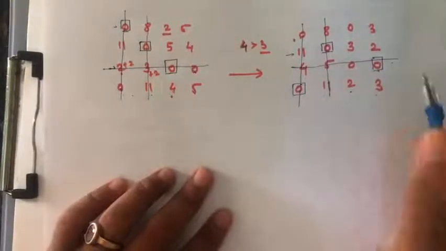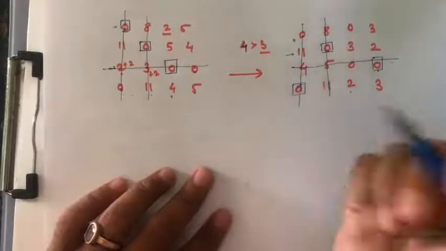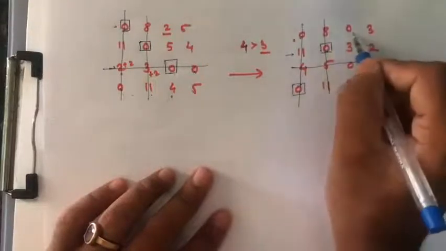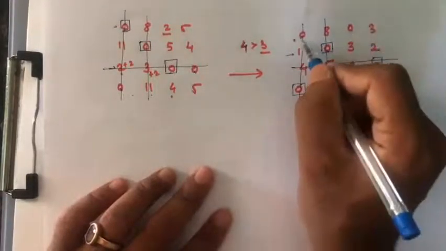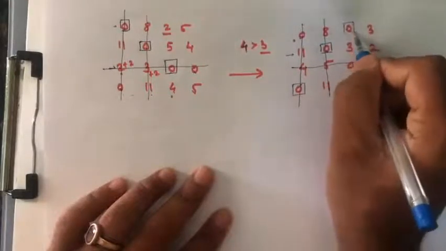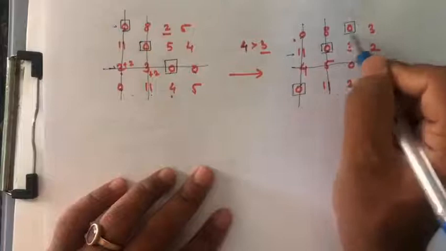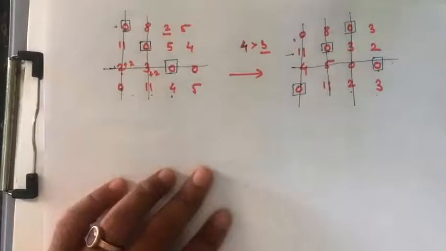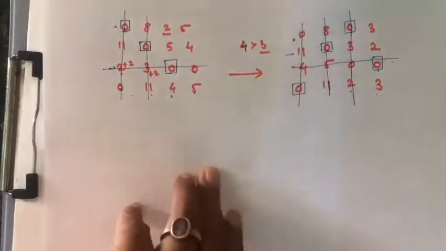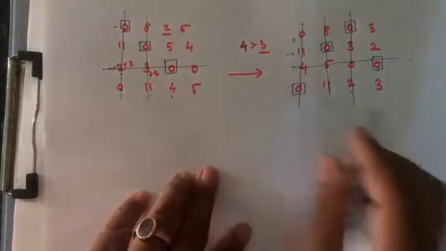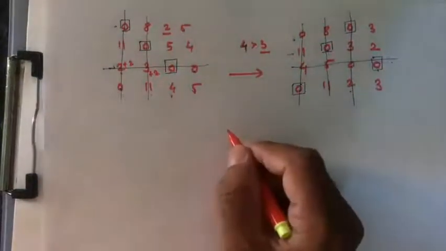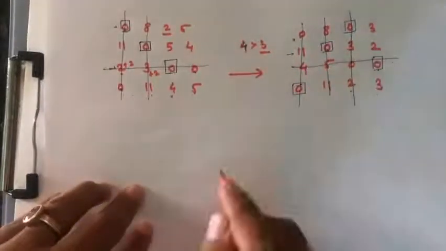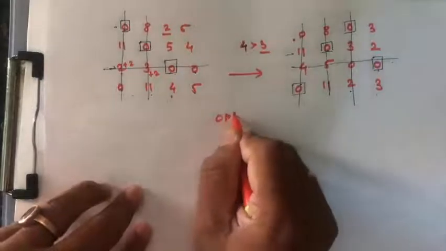Now again I go for the row scanning. Our first 0 is already cancelled, and in the first row we have only 1 zero left. So we square that particular 0, because the first 0 is cancelled, and we draw one vertical line passing through that 0. Now when we count rows and square zeros, we get 4 rows and 4 square zeros. So our problem becomes optimum. This problem is optimum.